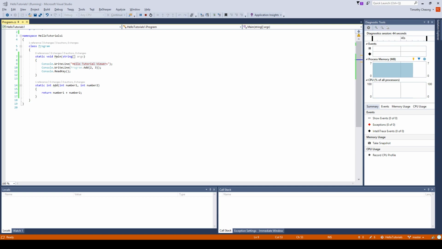And then the name for the args. The big difference between this and this one is the square brackets, and this turns a single string into an array, which is essentially a list